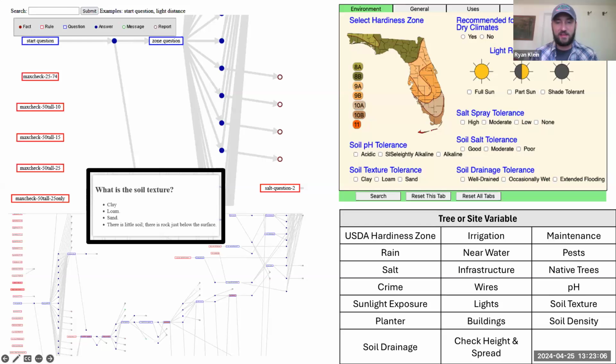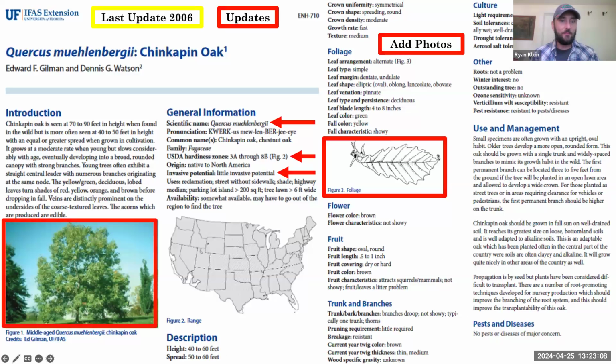But again, it comes back to that right tree, right place. And then we updated some of the information like invasive potential, hardiness zone, scientific names, some things that change periodically. Most of the information is static, and then we added new high resolution photos.